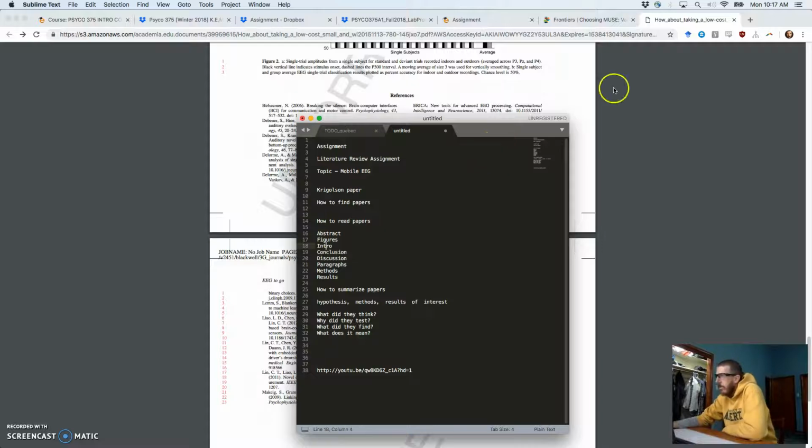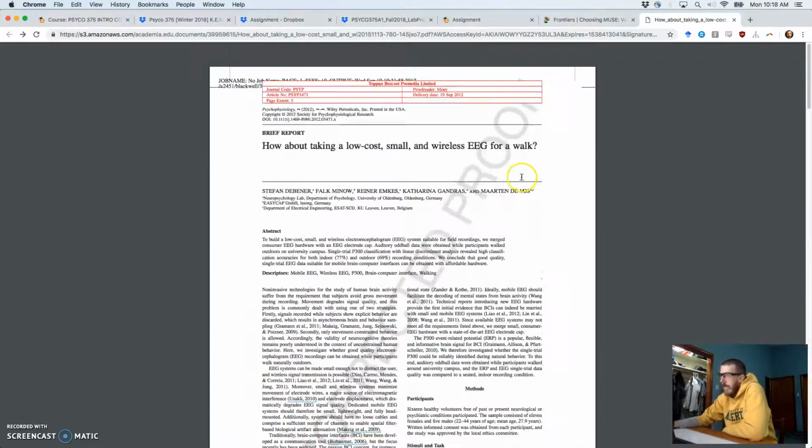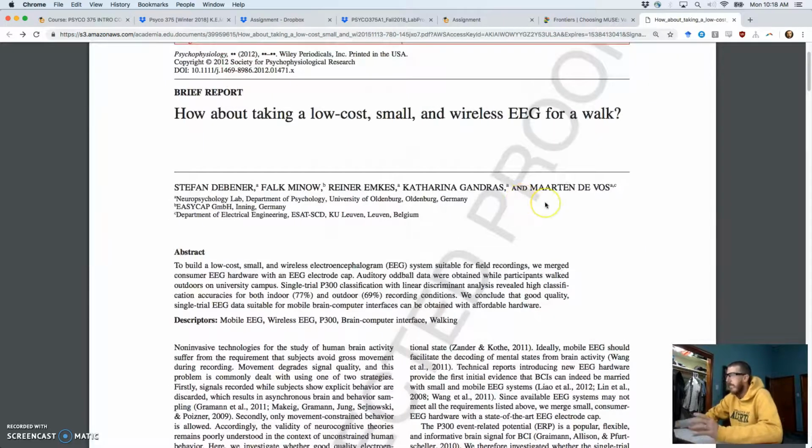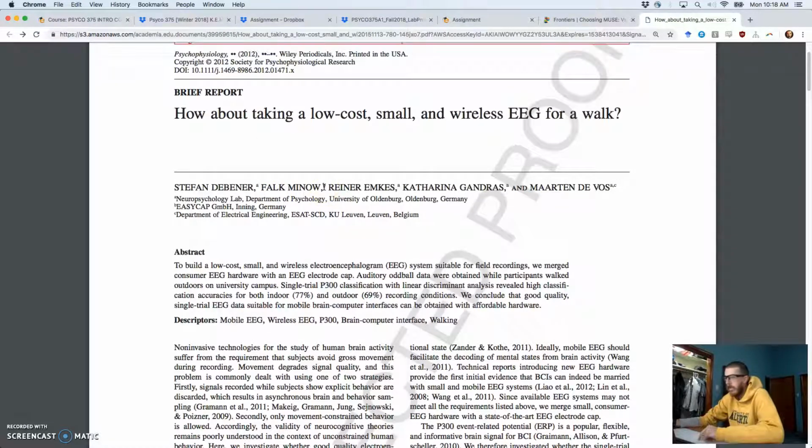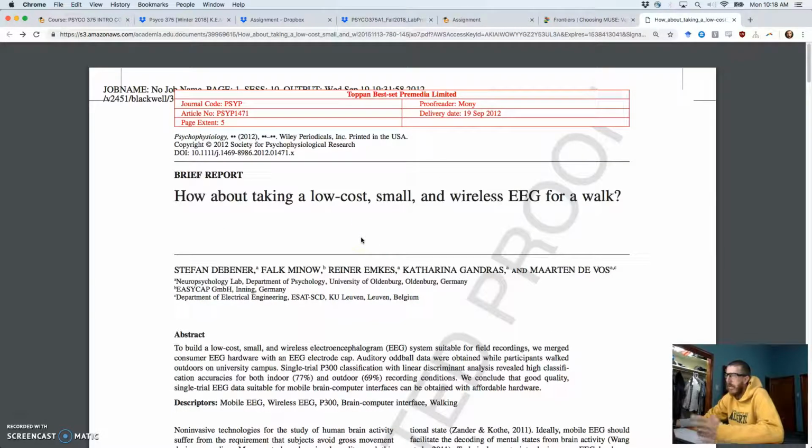notes. So we'll start with this paper by Stefan Devner called How About Taking a Low-Cost Small and Wireless EEG for a Walk. This is one of the most popular mobile EEG papers that came out now almost 6 years ago, but you can see it's already cited by over 200 other researchers that have been doing work in similar areas. So we're going to go through how I would normally read a paper if I was perusing